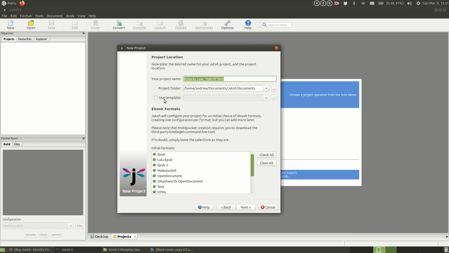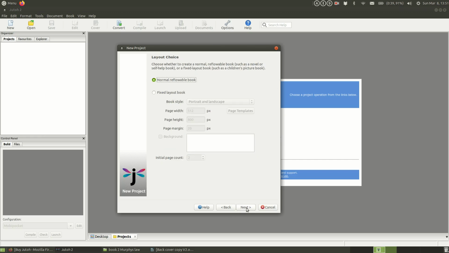So once you're happy with this, we go ahead and click Next. And now this is your layout choice. So you can choose to create a normal reflowable book, such as you would find in a Kindle, or a fixed layout book that would be more along the lines of a comic book or a children's picture book, as it lists right